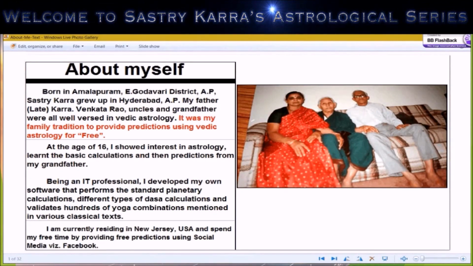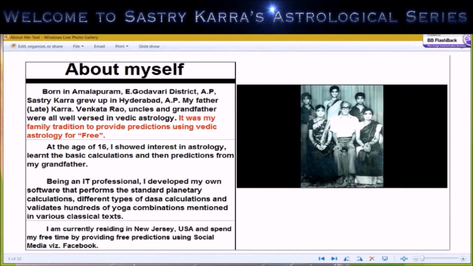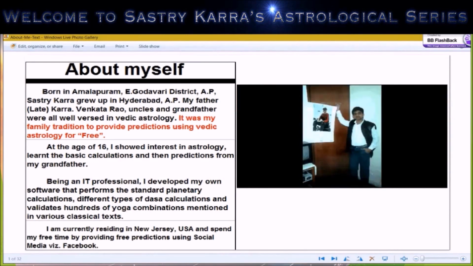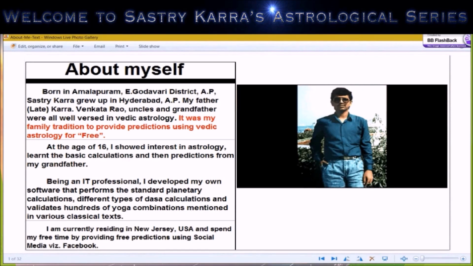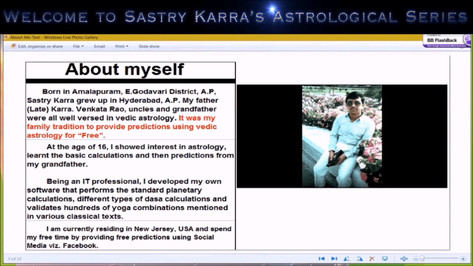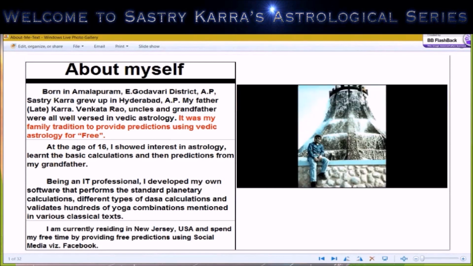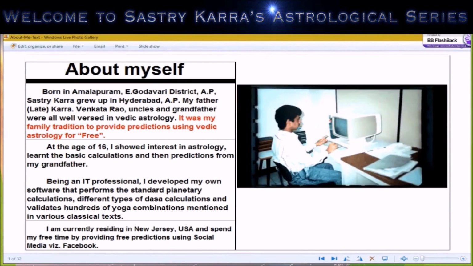After completing my 10th class exams in 1979, my father suggested that I go and help my father's uncle and learn astrology. Mathematics being my favorite subject, I learned the calculations. My grandfather taught me how to calculate the inclinations of each planet and how to calculate the lagna and the meridian center, MC, and he gave me some birth charts to draw. Thus, I learned how to draw the birth charts first and showed interest in predictions.